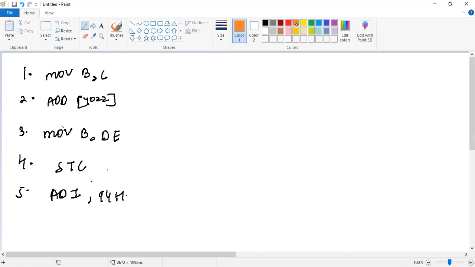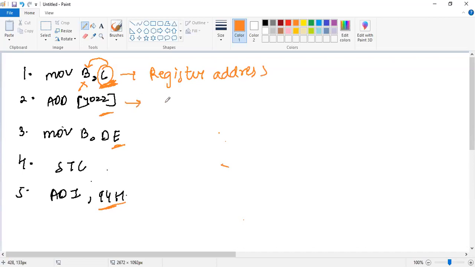They just ask you about the type of addressing mode. See, if you observe, this one is your register addressing mode, because the data is contained in C. We are moving data from register C to B. The important thing is to observe the operand. Then this one is your direct addressing mode, because the data is present at the address and we are directly giving them the address.